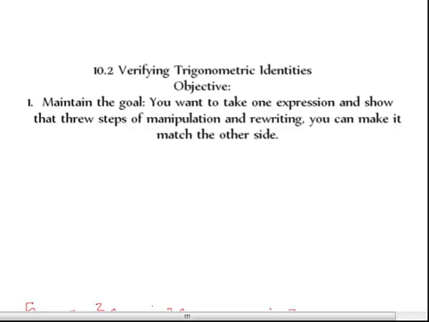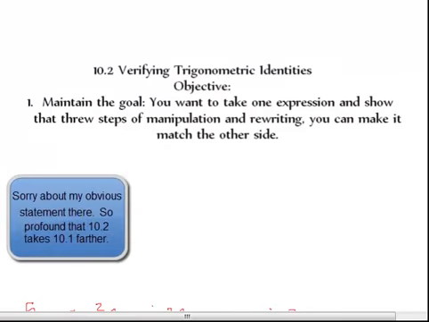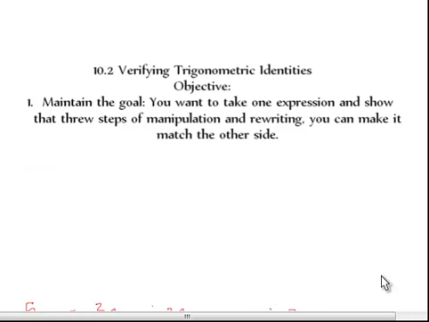Chapter 10.2 is now going to be taking 10.1 a bit further. We're still going to be basically doing the same thing that we did in 10.1, except I actually think 10.2 is a little bit easier because you actually have direction with where you're going with rewriting and manipulating one expression. So 10.2 is verifying trigonometric identities, and what's going to be happening is you're going to get these equations,